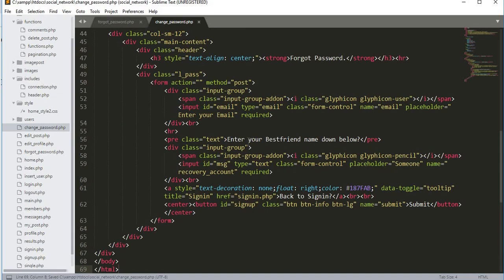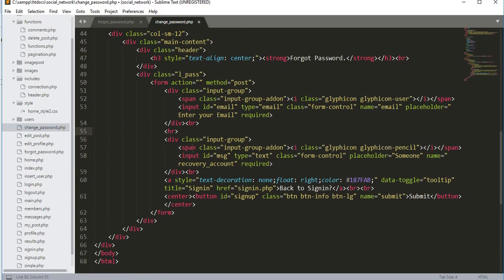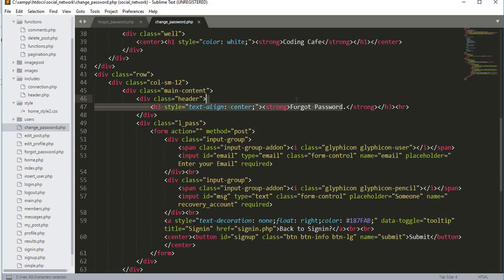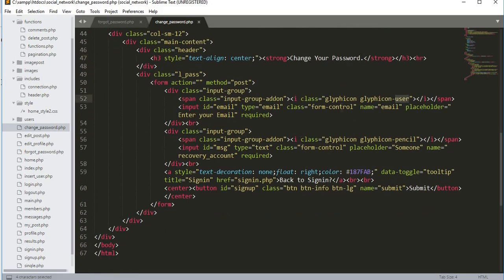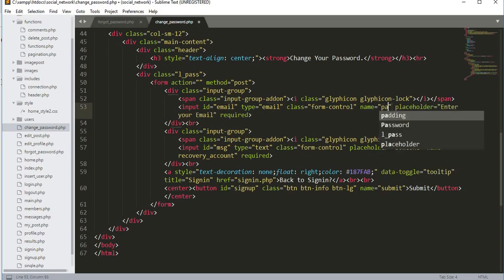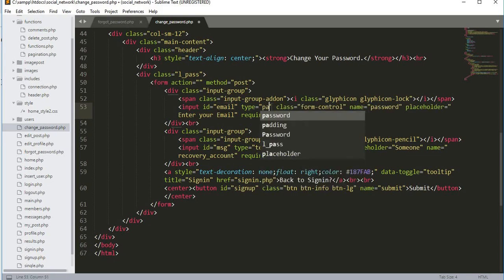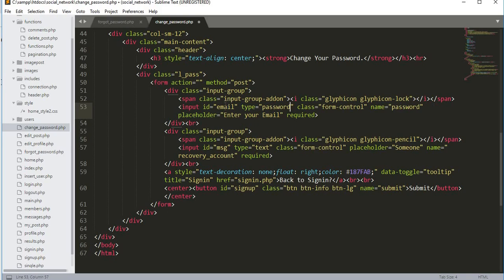And the next thing we will remove is this pre tag and this HR tag, and change this to change your password, and the next one will be to change this to lock, and this one will be the password, then type will be also password, and its ID will be password,